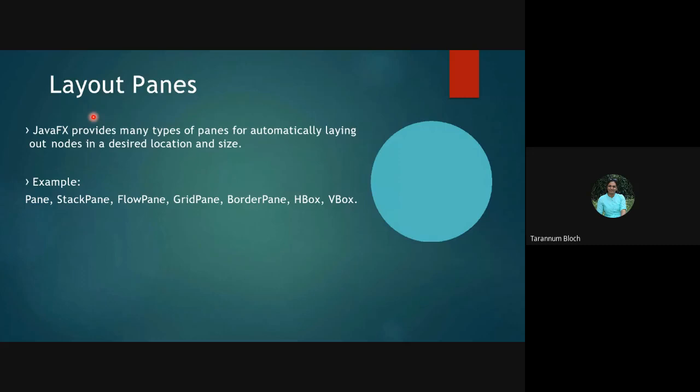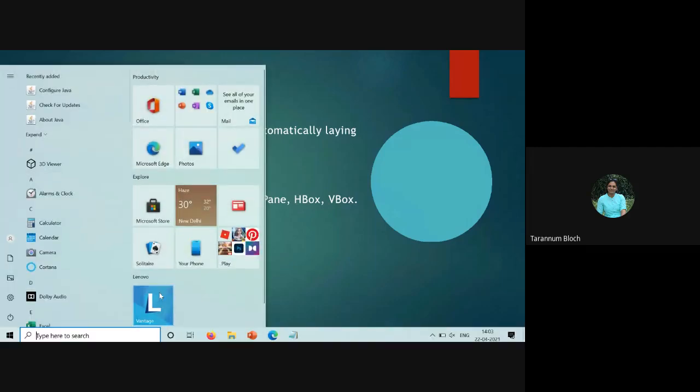We do have the classes Pane, StackPane, FlowPane, GridPane, BorderPane, HBox, which stands for horizontal box, and VBox, which stands for vertical box, right? So from this, we have seen Pane, StackPane, GridPane, BorderPane, and HBox. If you recall, we have seen these many panes last time.